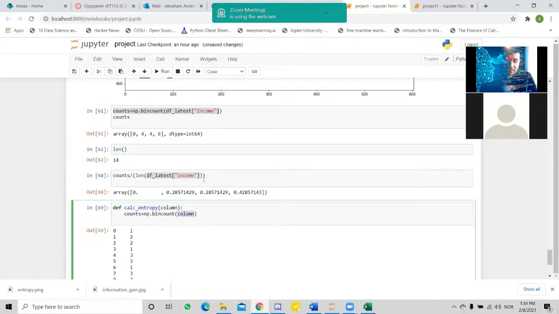The next step is I will divide these counts by the length of the column, right? When I create a function, I don't need to specify the column name. I will just use a column parameter, because whatever column I call, it will go through this entire function, right? And I will assign this one to probability,